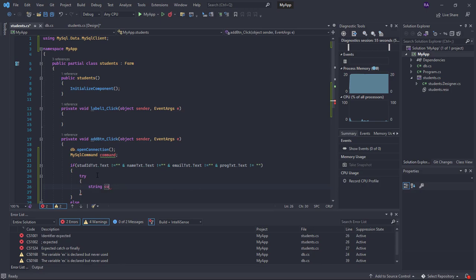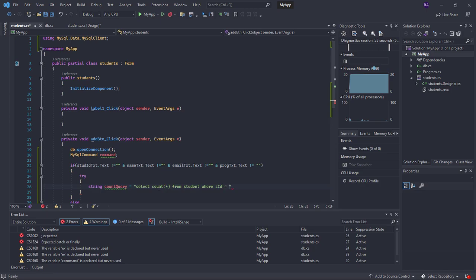So we're going to say count query is equal to select count, the MySQL command for counting. Select count all from the table student, where SID, the name of that column is SID,